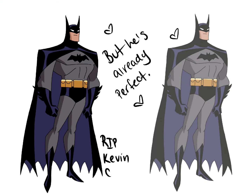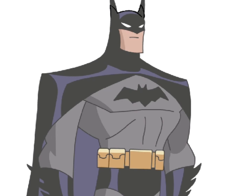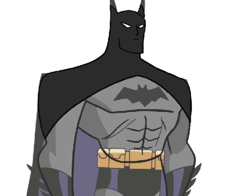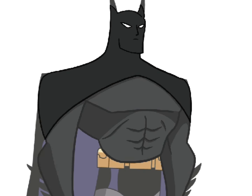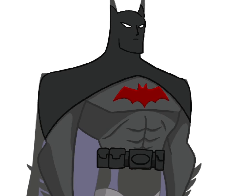I knew for Batman that I didn't want to touch his character design too much because in my eyes he's already perfect, but I knew for the sake of this video I did have to come up with a different design for him. So I ended up taking inspiration from the Batman animated series, kept the same color palette that he already had, but added a little bit of the Terry McGinnis suit into this design, which is why the bat